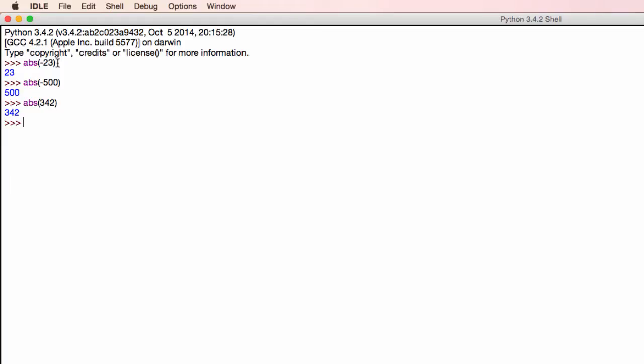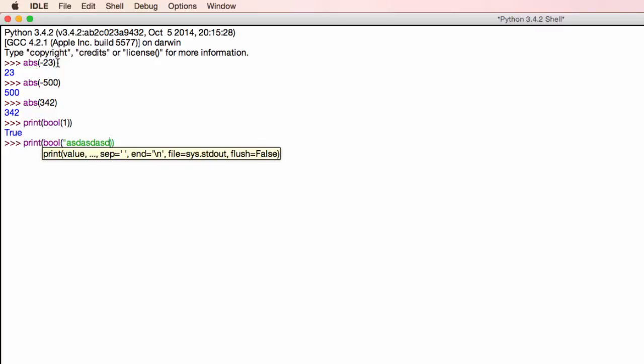So if I said print bool 1, true. Print bool AST, random stuff, true. The only time that bool would give me a false value is when it's 0. So if I said print bool 0,